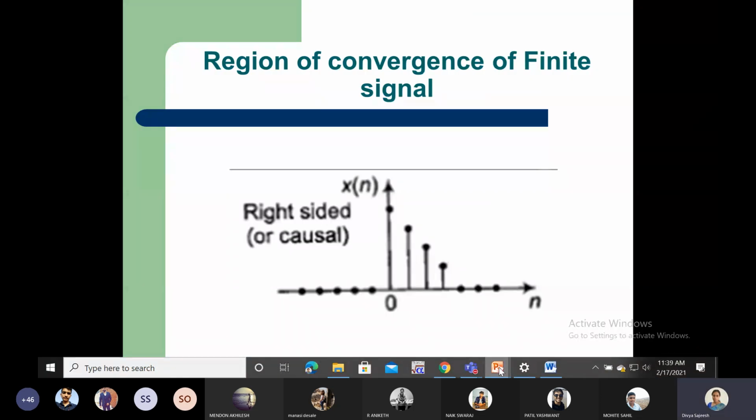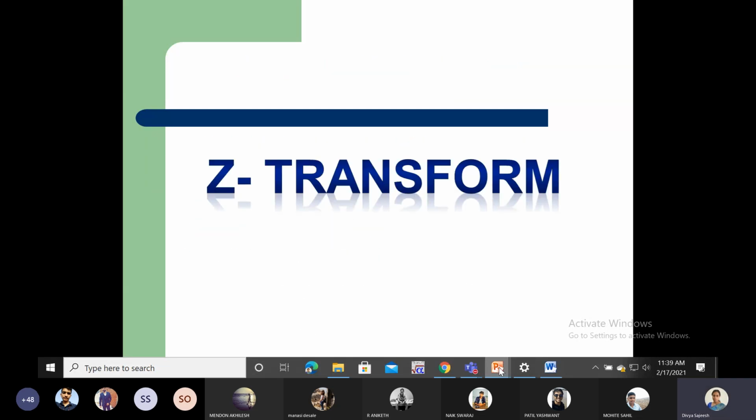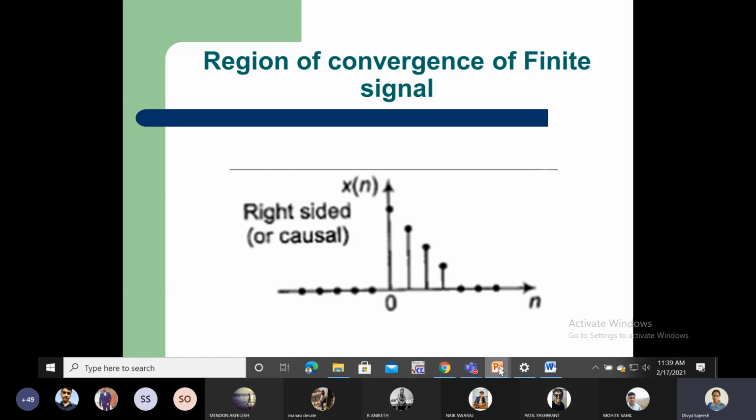It transforms the signal into the Z plane, and we can obtain the signal in terms of algebraic equations. So finding the solution will be easier with the help of the algebraic equations. And we have seen different types of signals, and we tried to obtain the Z transform or the region in which we can obtain the Z transform. So that is the region of convergence of the signal in the Z plane.